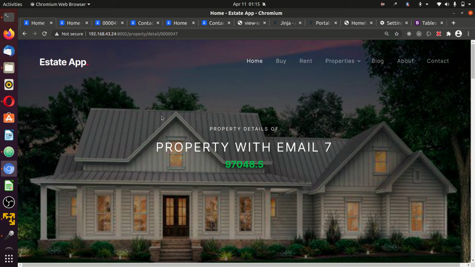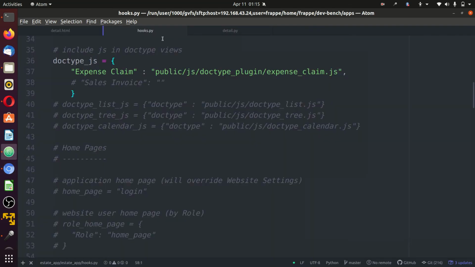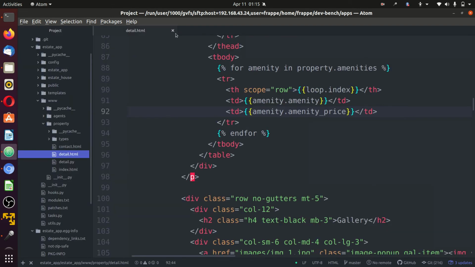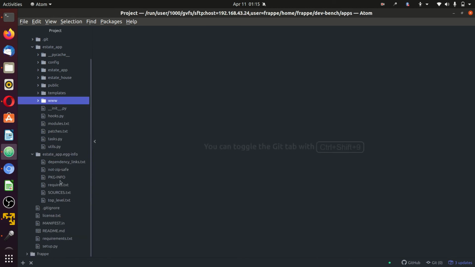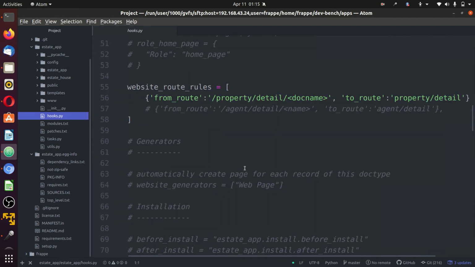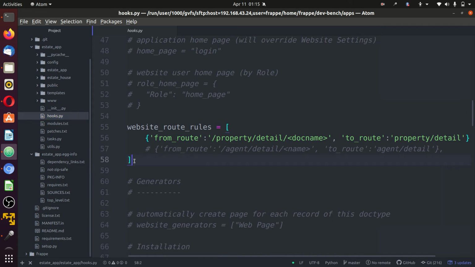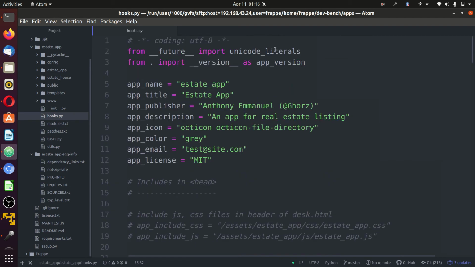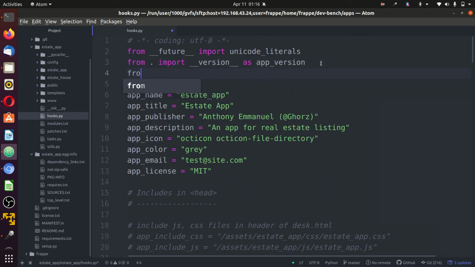This is how you can define your URL routes, but I'm not really comfortable with this URL routing, the way it is embedded directly. I have to close this. Because you might end up having to come back to this place over and over again. So what I do is I grab this entire content, I cut, then add it here, calling it url_route. Then from the top of this hooks.py, I import, I'll say from route import